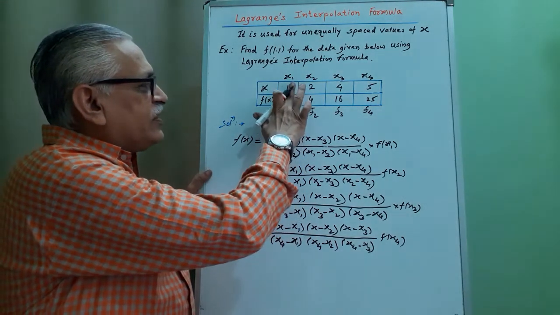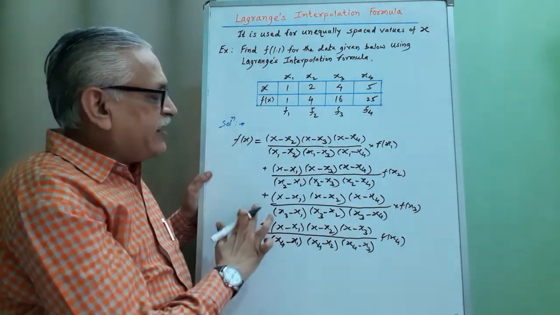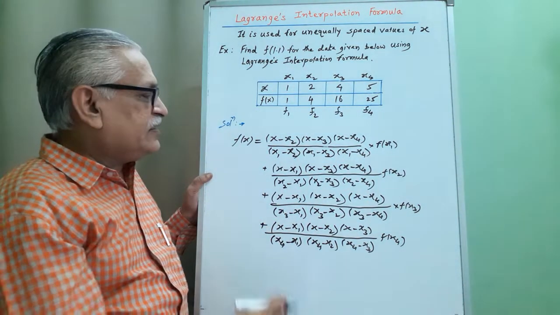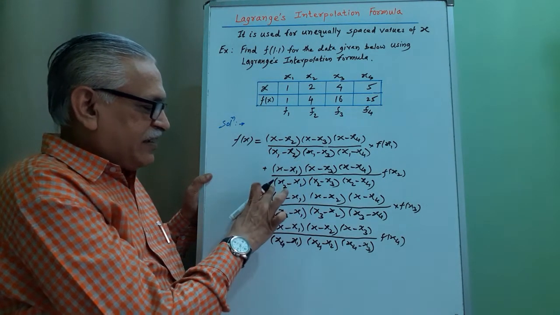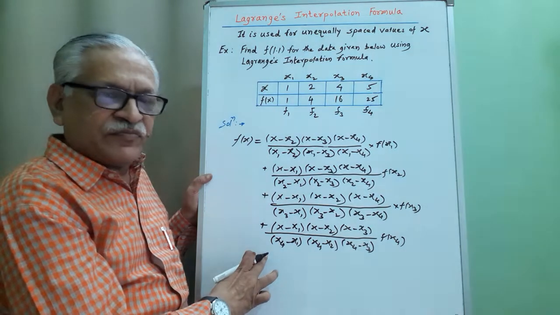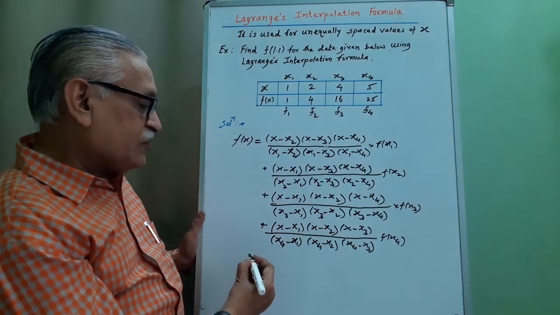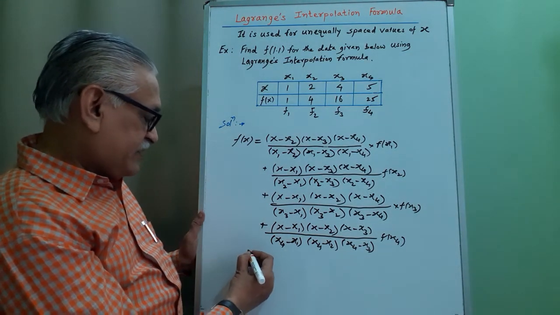Every time we have to neglect one point, and then write down the product for the remaining, as I have written here: first time, then second time, third time, and fourth time. And then substituting the values, we get